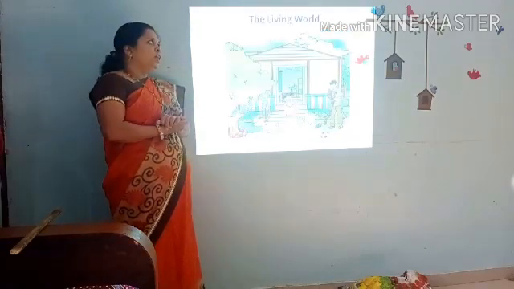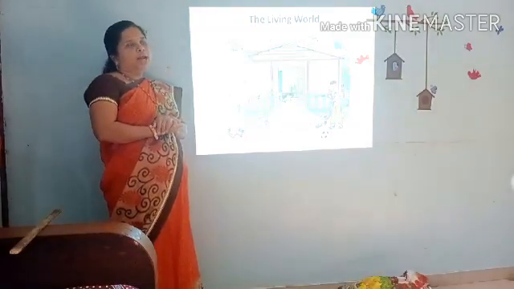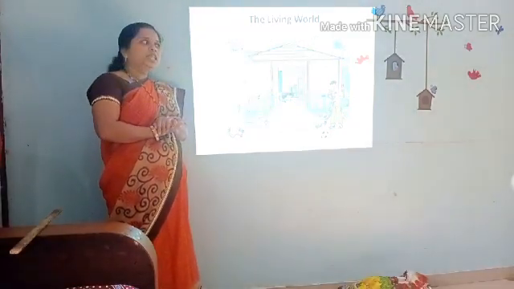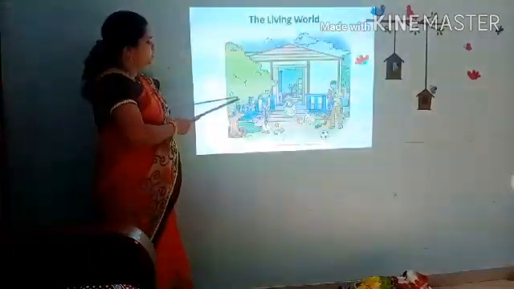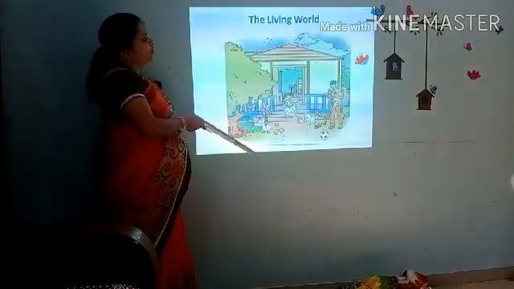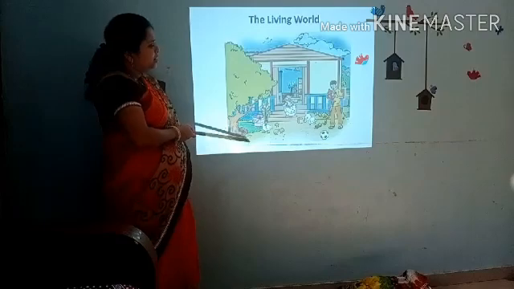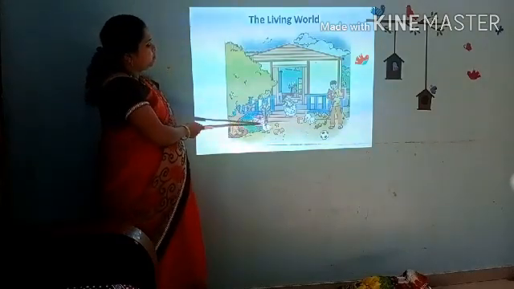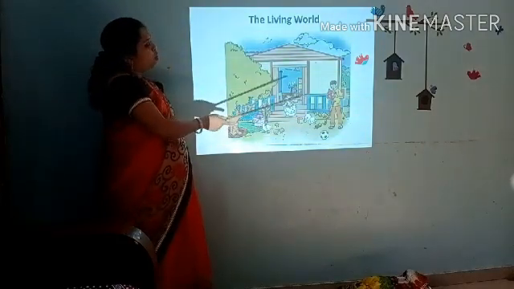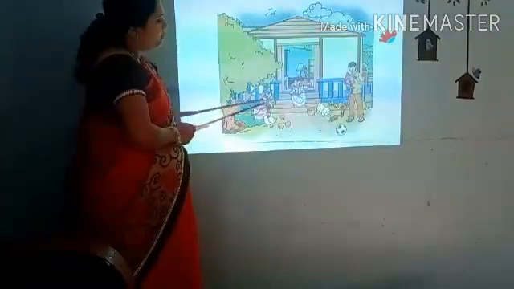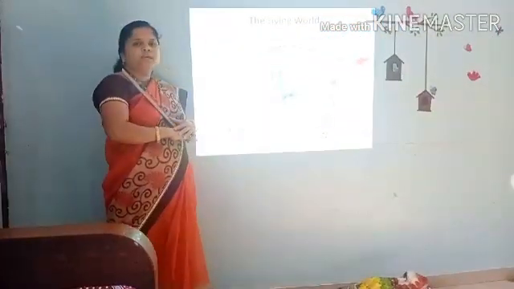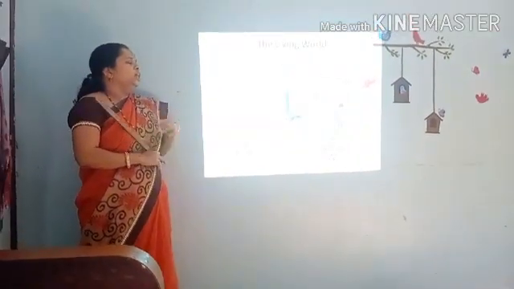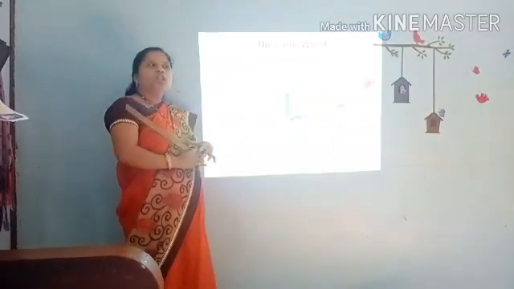Now, today we are going to learn about the characteristics of a living thing. Here there is a picture for you. You can see in this picture there is a tree. Then a girl is reading something, a boy is carrying a kite, a dog is there, a hen is there with her chicks, a ball is there, then you can see a bucket, in the house you can see a lamp, all these things you can see. But in this picture, if we observe minutely, some things can move on their own.